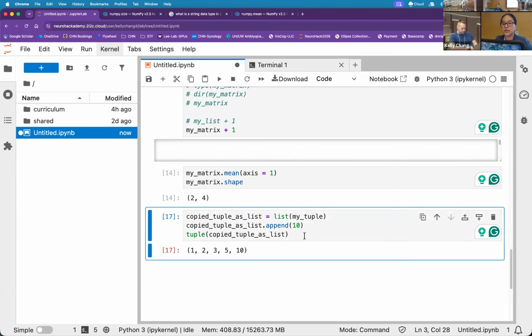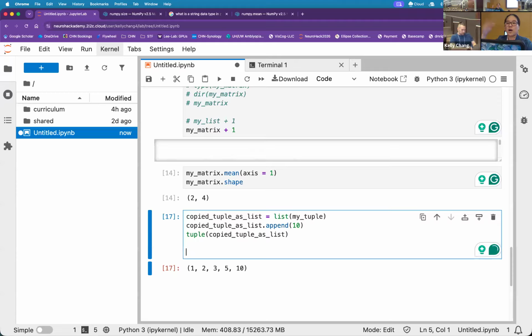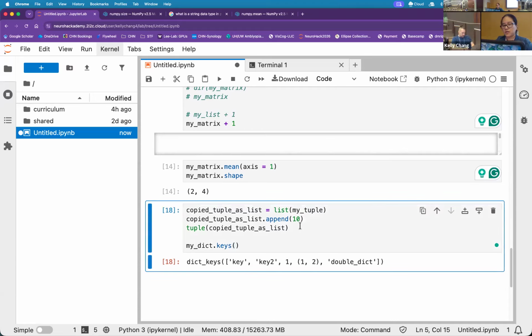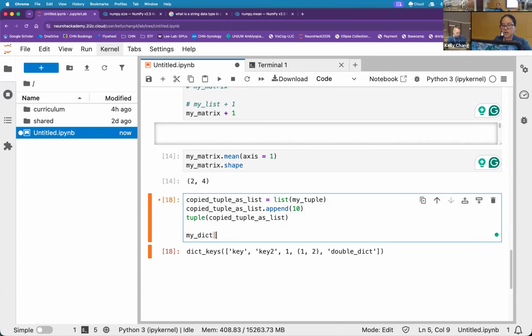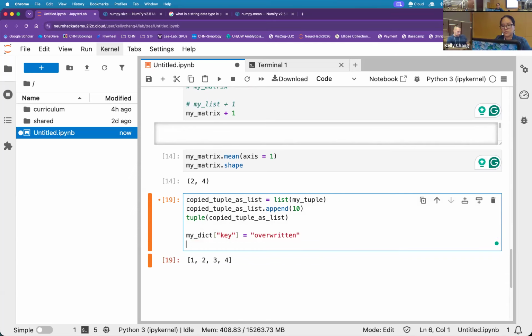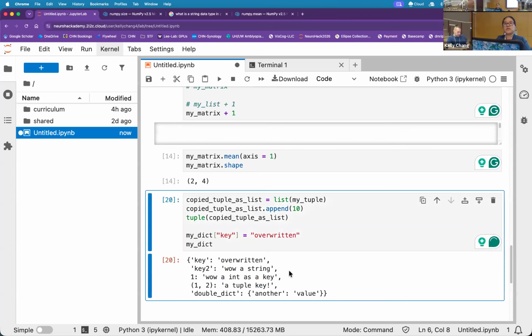You can overwrite things, like dictionaries as well. I have my dict, and let me also show you, you can print the keys right here. Okay, cool. I have a key called key. Let me just overwrite it, overwritten. Print. And it's also been overwritten. So you can overwrite things or replace things as well. Dictionaries are not immutable, but this tuple right here is immutable. So within the discretized data type chunks, some things can be moved, some things cannot be moved.